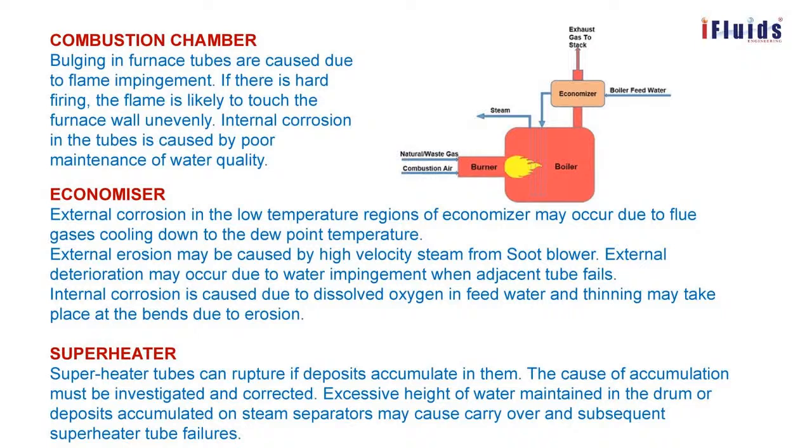Economizer: external corrosion of the low temperature regions of the economizer may occur due to flue gases cooling down to the dew point temperature. External erosion may be caused by high velocity steam from the soot blower. External deterioration may occur due to water impingement when an adjacent tube fails. Internal corrosion is caused by dissolved oxygen in feed water, and thinning may take place at the vents due